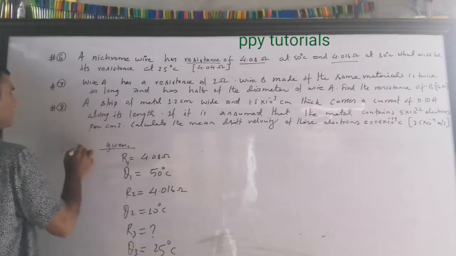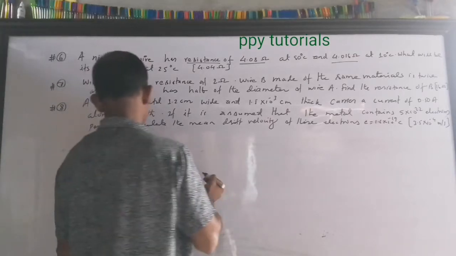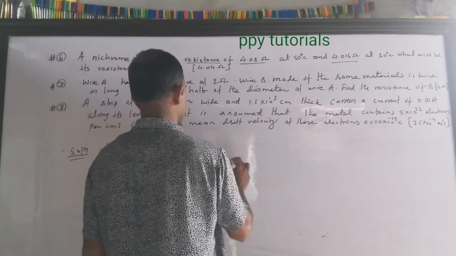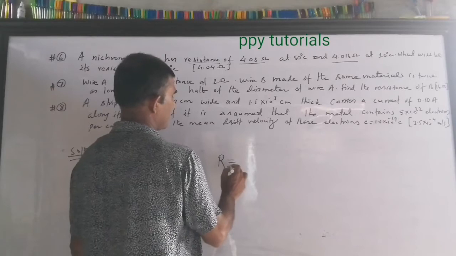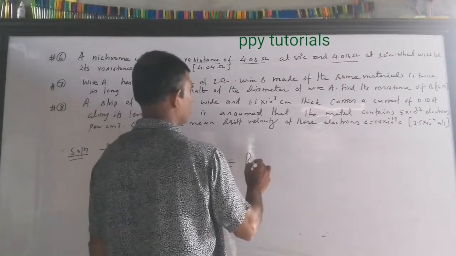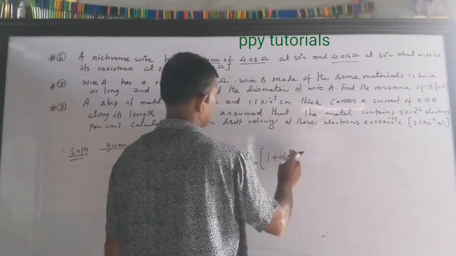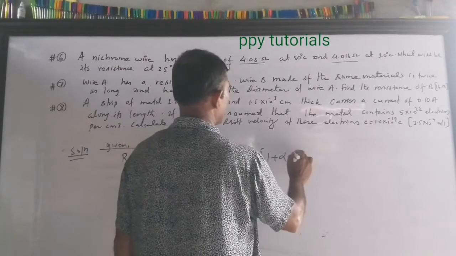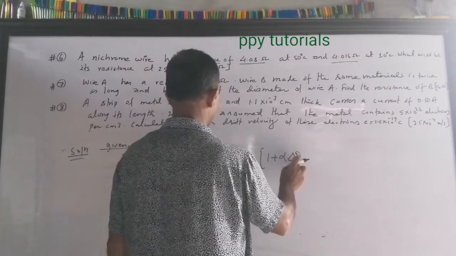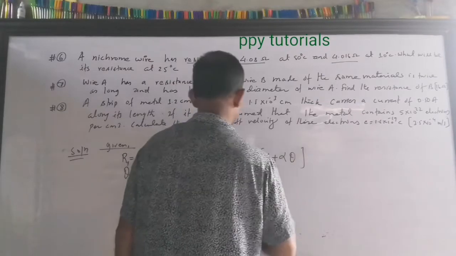We are going to solve this. Okay. Now, we have the relation for the resistance. What was the relation of resistance with temperature? R at any temperature, RT equals R0 times 1 plus alpha delta theta. So it actually becomes theta only, delta theta, and since the initial temperature is 0, you can write alpha theta.